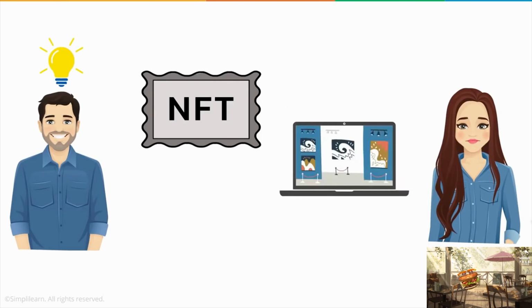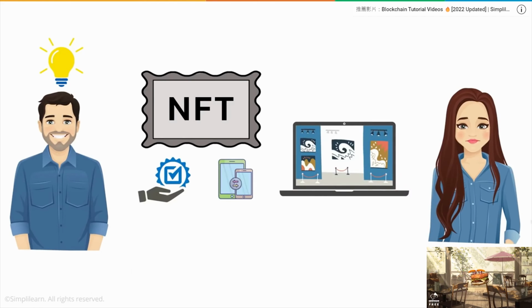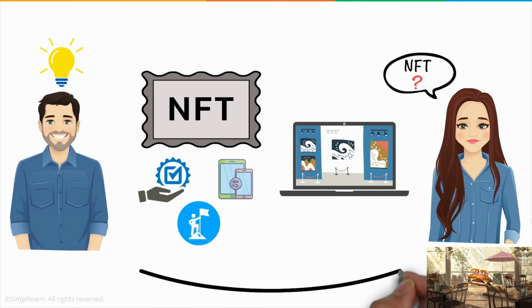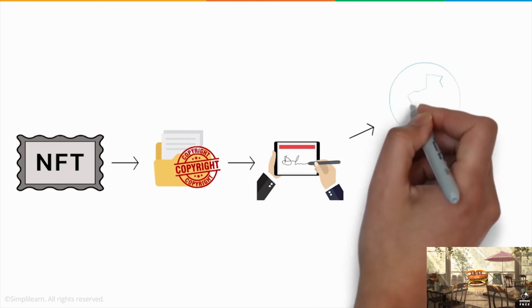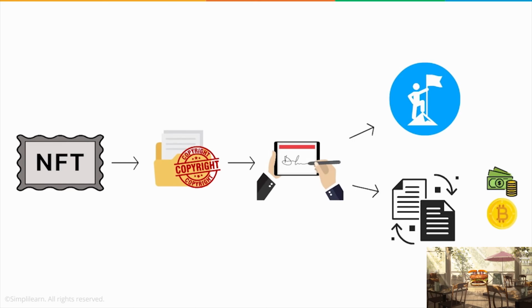He suggested that Susan could buy NFTs for all her paintings, as NFTs are trustworthy, easily transferable, and will also maintain her ownership rights on her artworks. Susan had no idea what NFTs were, so Mark stepped ahead and explained it to her. NFTs turn your digital assets into one of a kind by creating a unique digital signature, which defines the ownership of your assets and that can be bought and sold for real money, cryptocurrency, or any other asset, like a